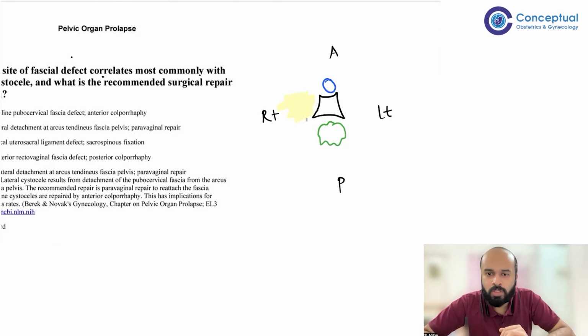Endopelvic connective tissue is just a connective tissue that keeps all the pelvic organs in their place and doesn't let them move. Now, all these pelvic organs, the rectum, the bowel, the bladder, and of course my uterus, cervix, and vagina, all of them have to be kept in their place